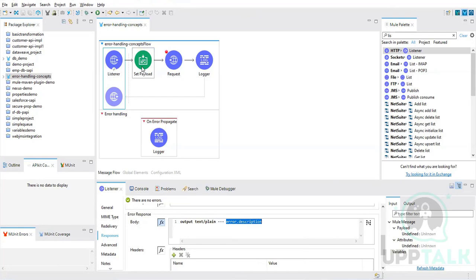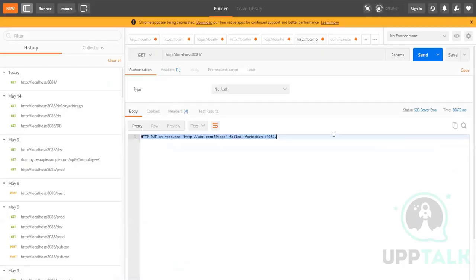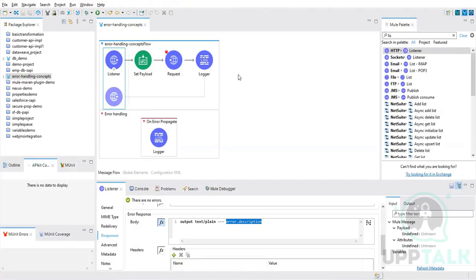Now you can see this 500 error means the error is thrown back to the client. Got it. So now what I'm doing is